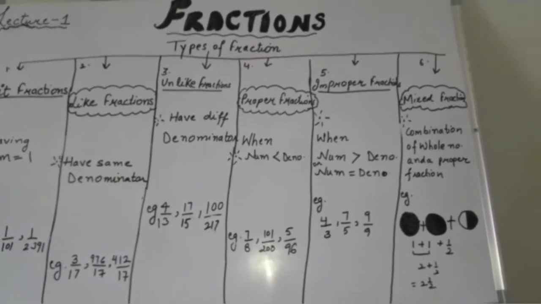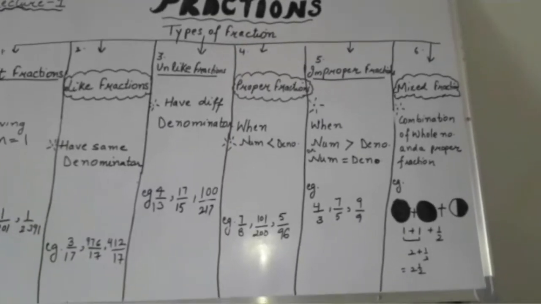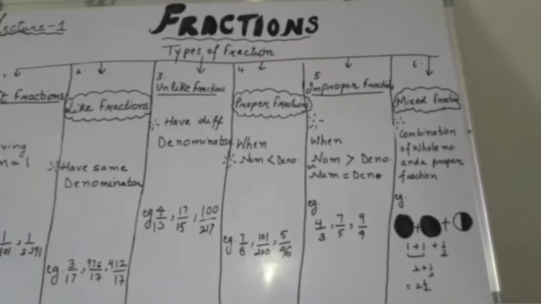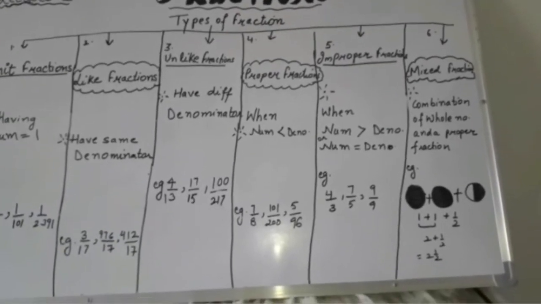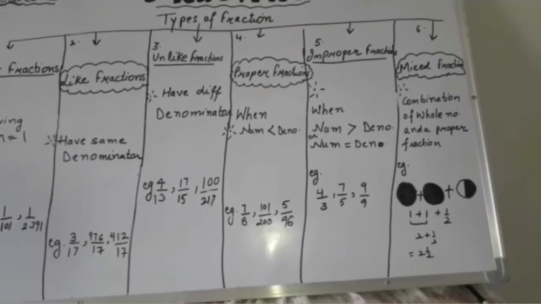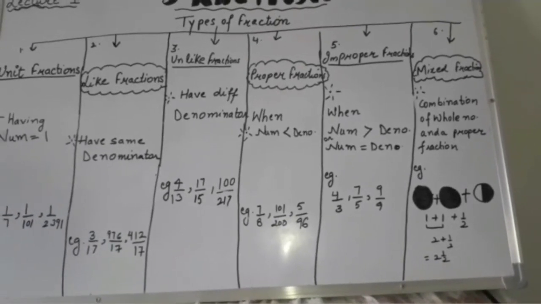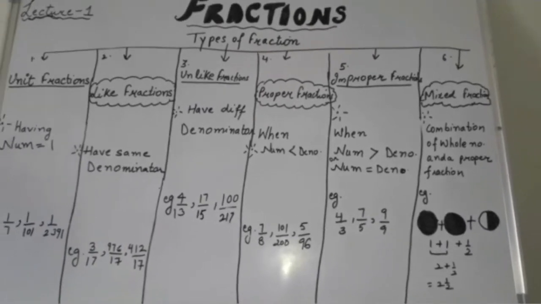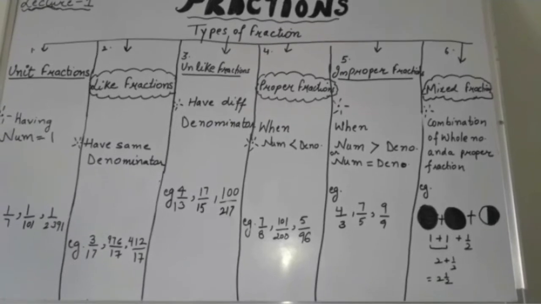For example, if I have taken two circles which both are shaded and one circle which is half shaded, so this makes 1 plus 1 is 2, and 2 is the whole number, and this 1 upon 2 is a proper fraction, and this combines and gets 2 and 1 by 2,